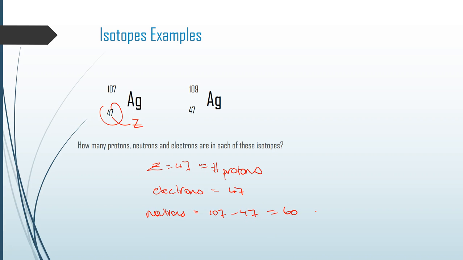which is going to leave us with 60. So that's going to be 60 neutrons, whereas in silver-109, if we look at this one, it's going to have exactly the same number of protons, exactly the same number of electrons, but now we've got 109 minus 47, which is going to equal just that little bit more. So we're going to have 62 instead of 60 as our number of neutrons,